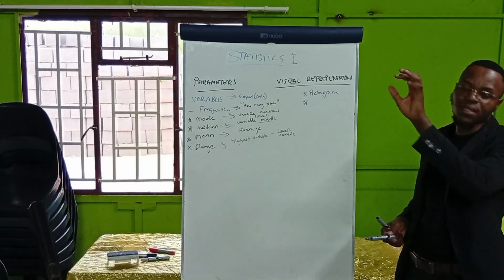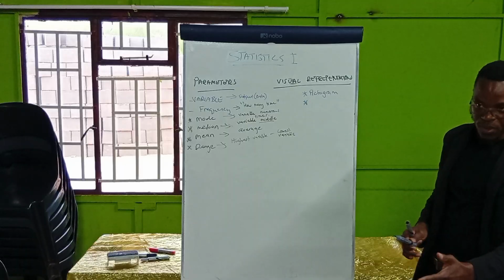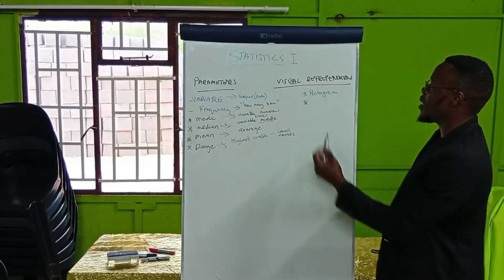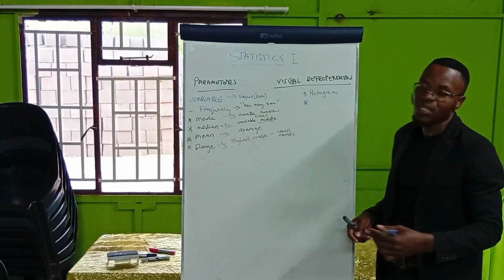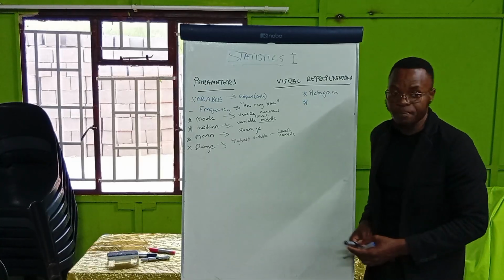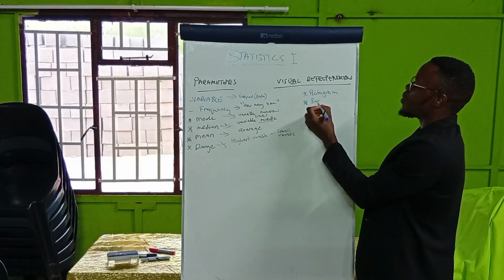The head represents a certain number of people, and then the full-size body or half the body of a person represents a certain number. So that's mainly a pictogram. So we're using pictures to describe a particular form of data. And then, of course, we have what you call the bar chart